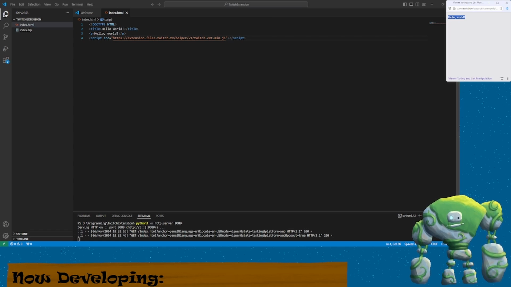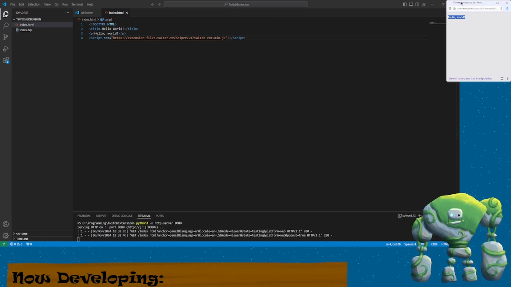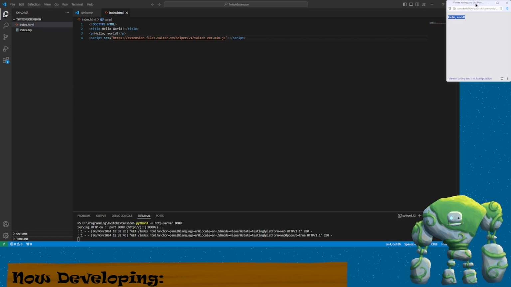So you will see this at least is here for us to test with. Let me put this somewhere where I can see it. There we go. So I'll refresh that as we go, but I already have it set up so that I can do some development here. So for example, if I wanted to change what it says, instead of saying hello comma world, we got rid of this comma,